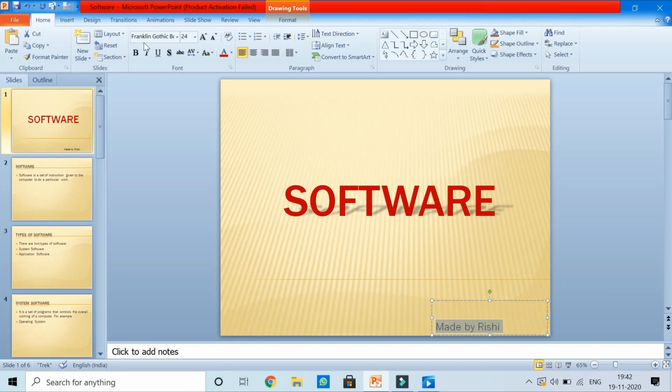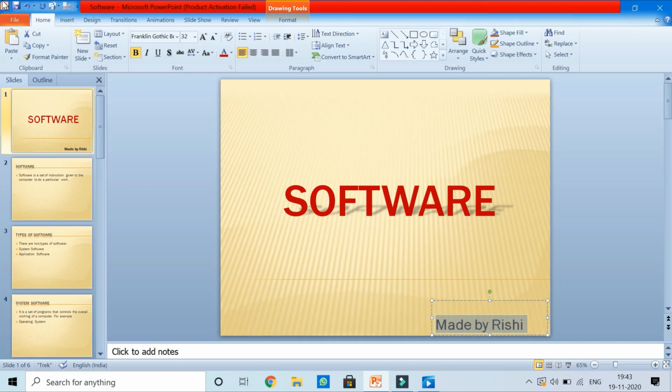For that, I'll go to the Home tab, Font group, and click on this bold button. And you can see it is coming a little darker. If I want to increase its size, I will press the Increase Font Size button. So this way I have enhanced the look of this slide.